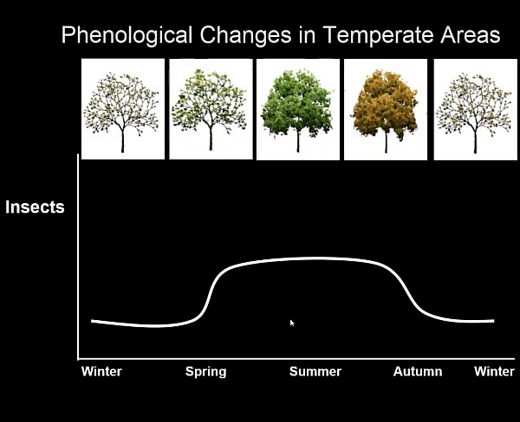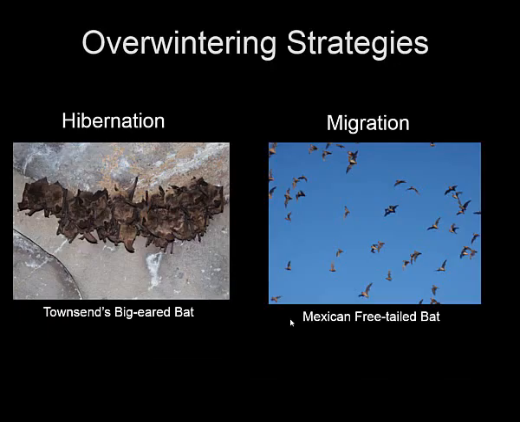So they've had to come up with strategies for dealing with seasonal prey shortages in some of the more temperate areas. So the two primary overwintering strategies that bats use are hibernation, where they find thermally stable, generally cool, humid environments where they could take advantage of prolonged bouts of torpor and basically wait out the insect populations. And the other is migration. So the thought is that bats move to areas with generally warm winters where their prey is at least occasionally active, so they can continue feeding throughout the entire winter.